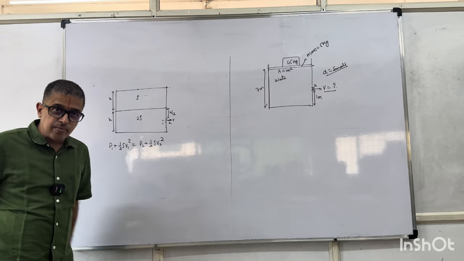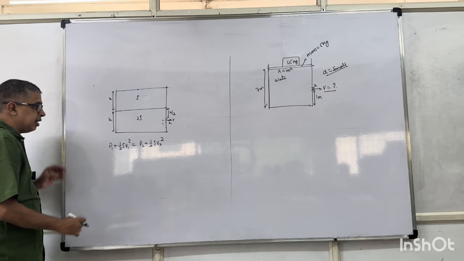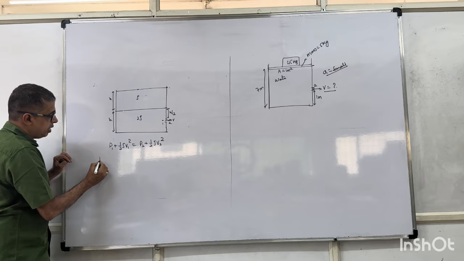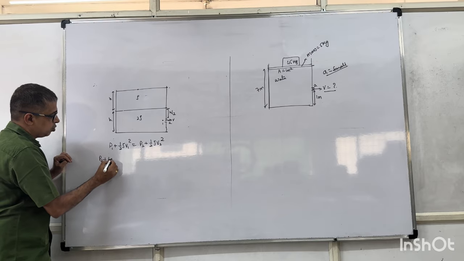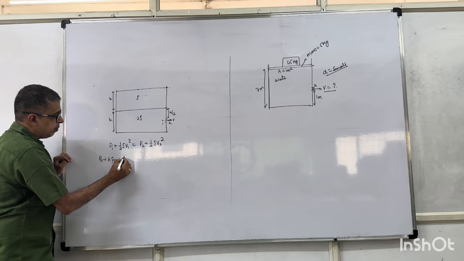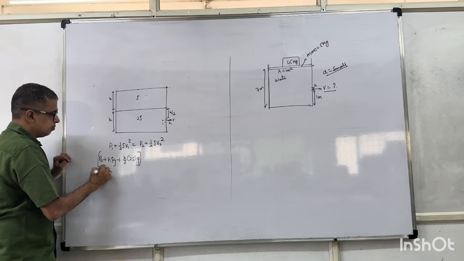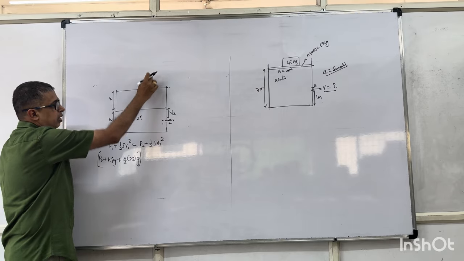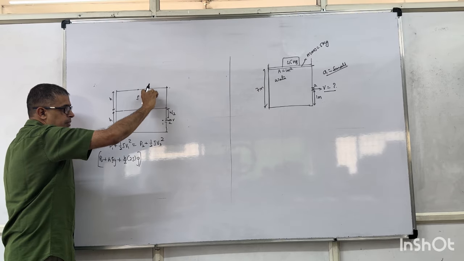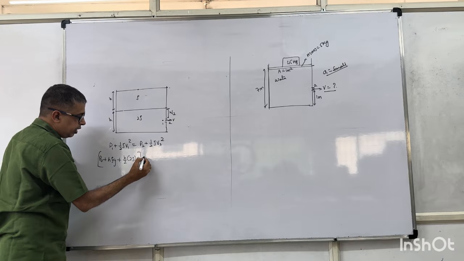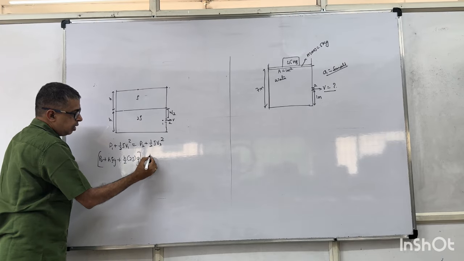Both are at the same height from the ground, but have a look at it. Pressure at 1 will be P naught plus H rho G plus H by 2 into 2 rho into G, plus the area